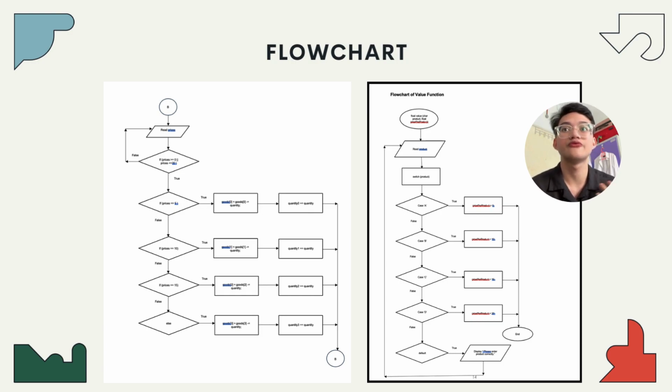Alright, so the first thing that will be done in this function is to read the product, and then after the program reads the product, it will enter the switch case control. In this switch case control, if the case is A, then the price per product will be set to 5. If it is false, if it is case B, then the price will be set to 10,